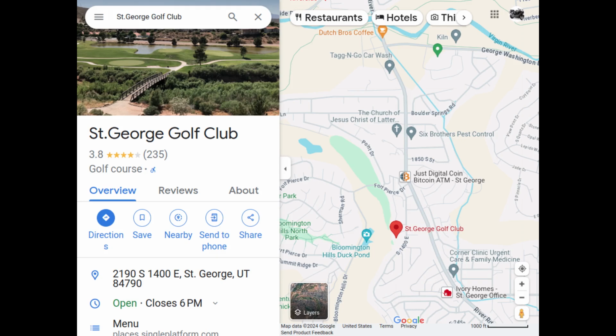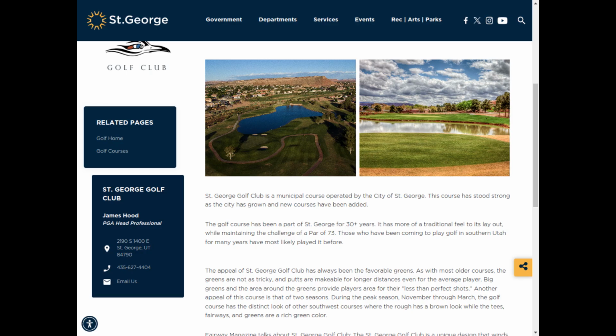All right, folks, another week, another course to review. This week's course is St. George Golf Course in St. George, Utah. This is, I think, the last course on my list here of courses in the St. George area to review. So that means quite a few, but this one, I think, I was thinking that it